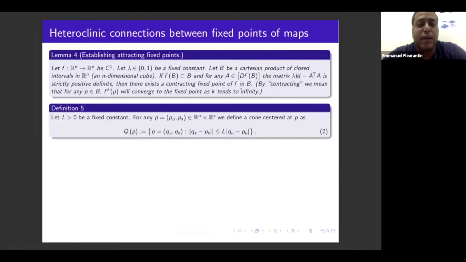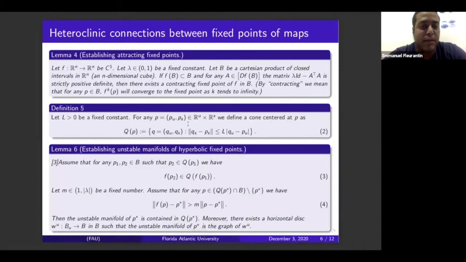Okay. Here, in order to validate the unstable manifold, we need to establish cone conditions. So we pick a constant L, and this is how we define our cone attached to P. P here is the hyperbolic fixed point, so we have to break it into unstable and stable eigenspaces and pick those directions respectively.